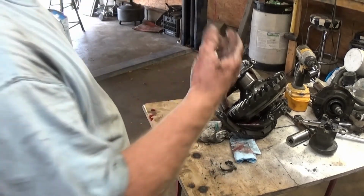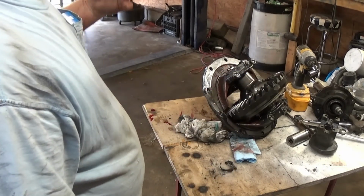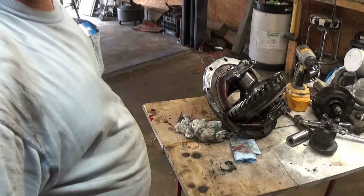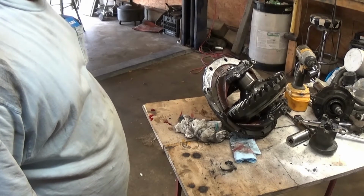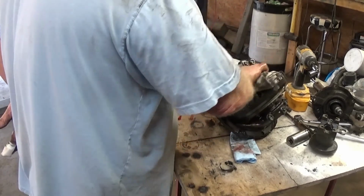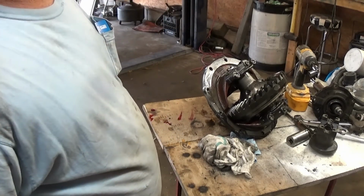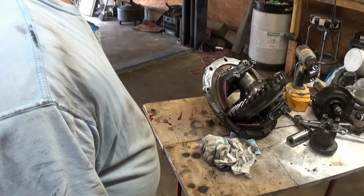And the higher the number ratio, which like this is a 488, then the higher the number, the lower the gear ratio. So with the 31, 32 inch tall tire that I'm going to use, 488 might, it'll probably be alright, but it ain't really what I want. I'd really rather have 513, 538, somewhere in that neighborhood. But anyway,